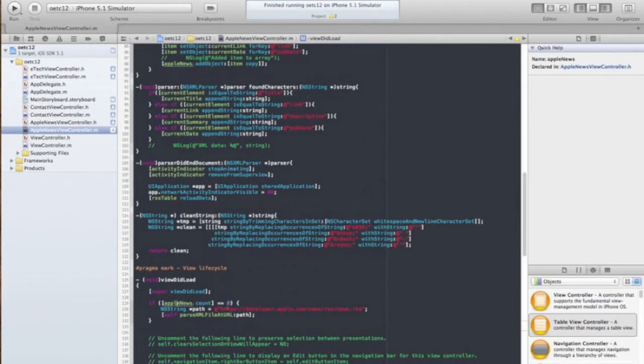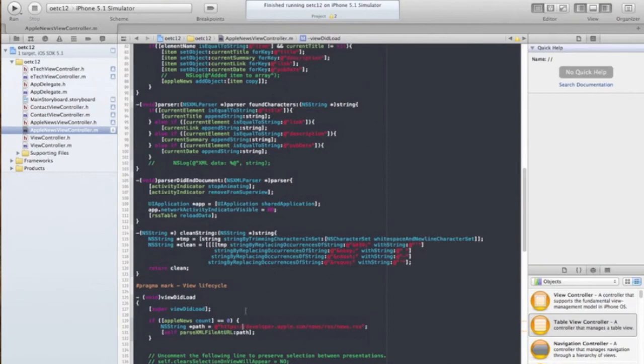If it's empty, we're going to go ahead and create this path. It's going to grab our RSS feed from Apple and use the self-contained method to parse our XML file at URL defined by this path string and pass it into our parse XML file at URL, which